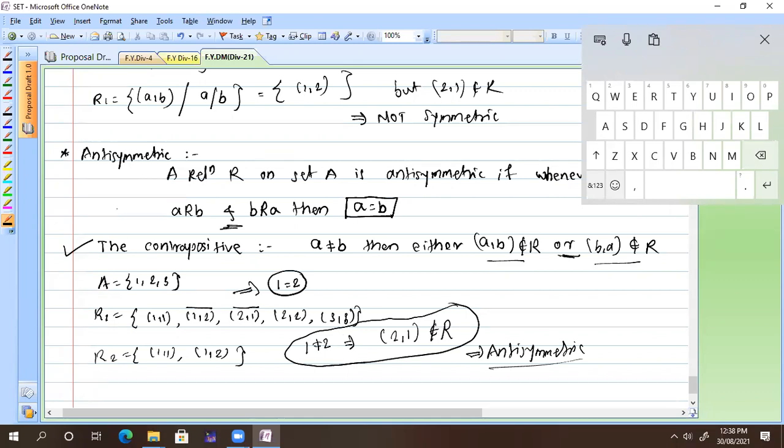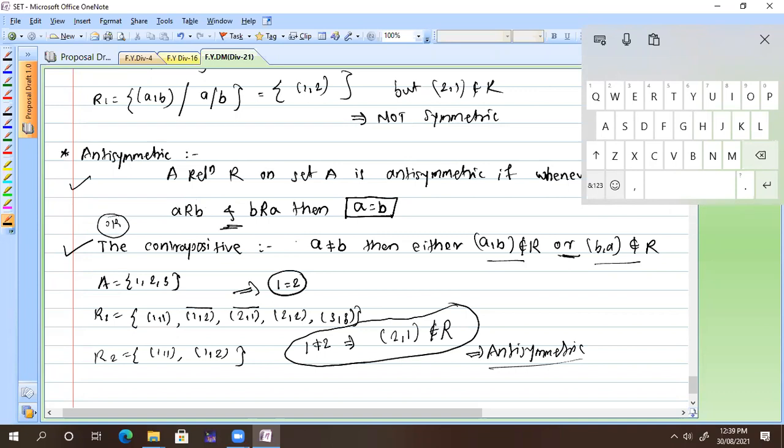Yes, definitely. We have two definitions. Either this definition is true or this definition is true. It may happen in some cases both definitions will work. In that definition we want more data: we also want (B, A), but it is not there. So that's why we are not concluding anything from this definition. That's why both these definitions are equivalent.